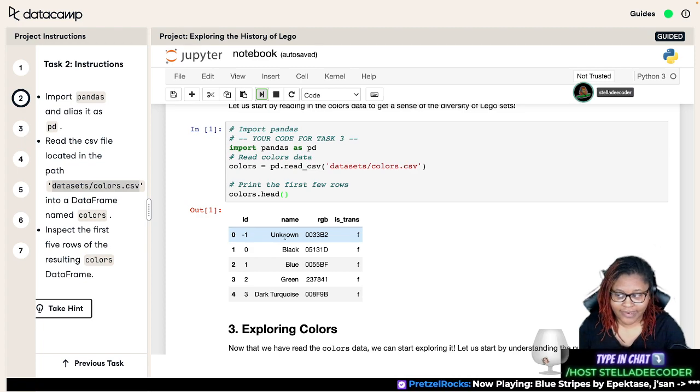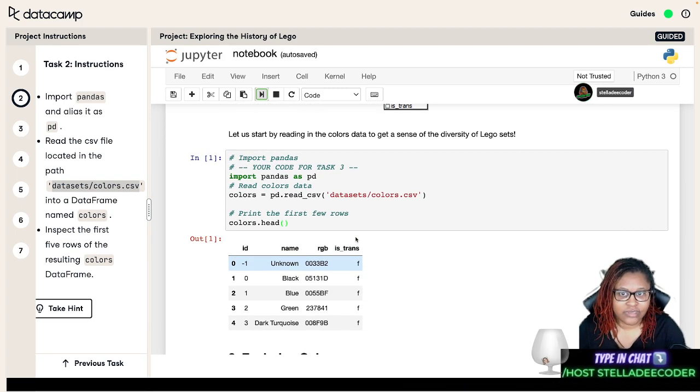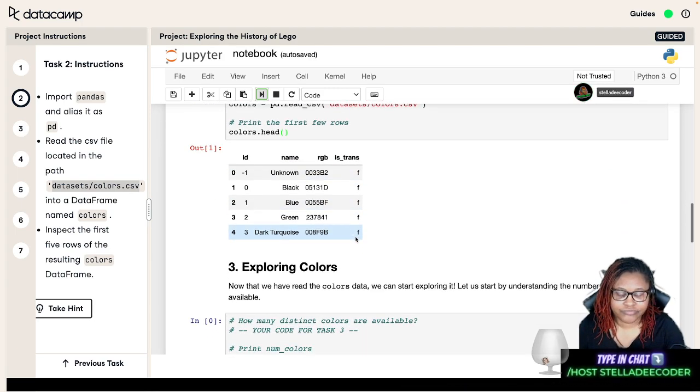So it looks like it's by name or color name, and that's the RGB color. And I guess this means if it's transparent and the F is false. We'll see, since we're looking at the colors here. All right. Oh, because they have like some Legos that are red and they're a solid color, and then others are like a